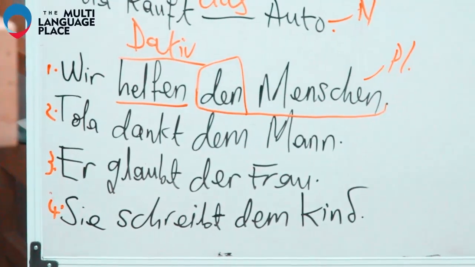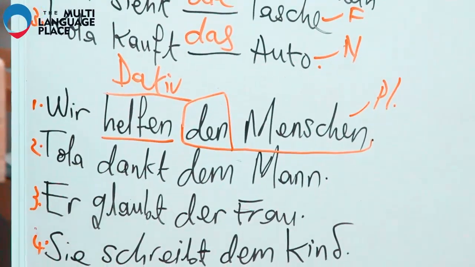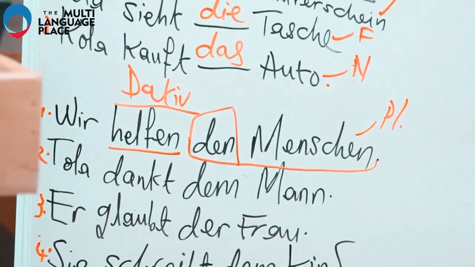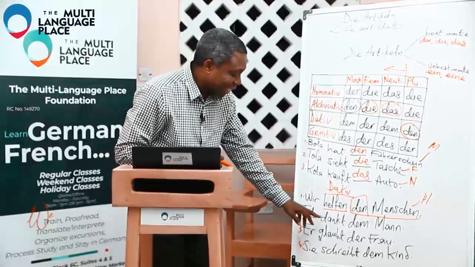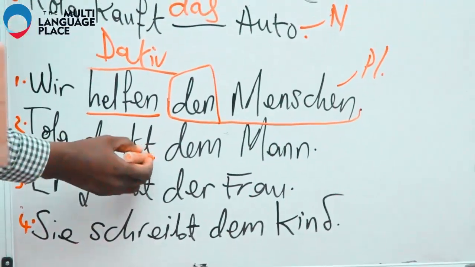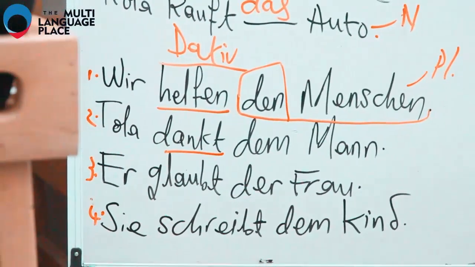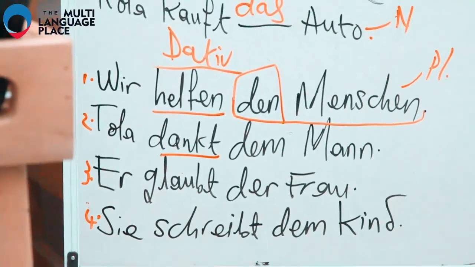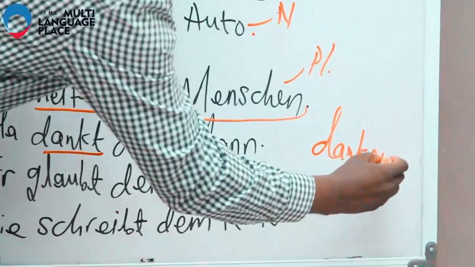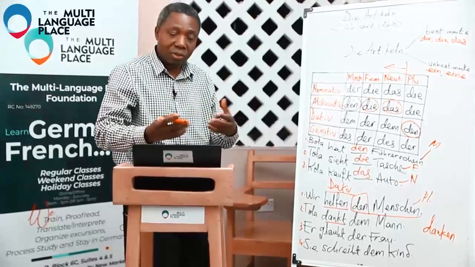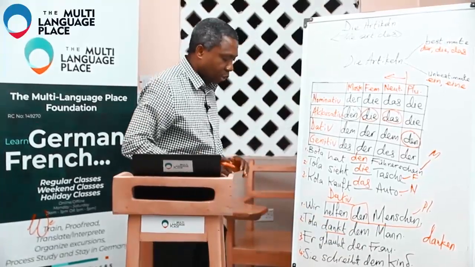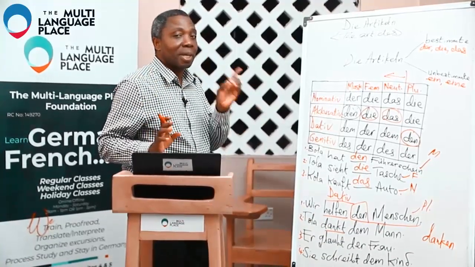We go to the second one, Tola dankt. The verb is danken, to thank somebody. Tola dankt dem Mann. Look at it again. This verb controls dative. So immediately you use danken, that is the verb, that is to thank somebody. Tola dankt dem Mann. So once you know this verb, you say, oh, this is this verb, it controls